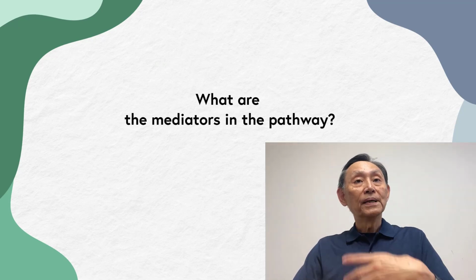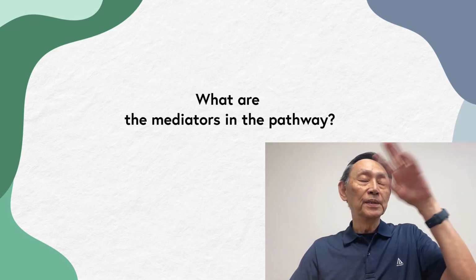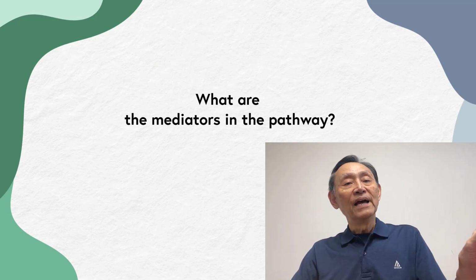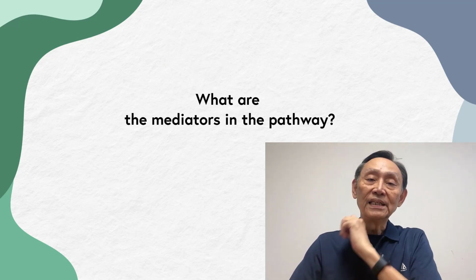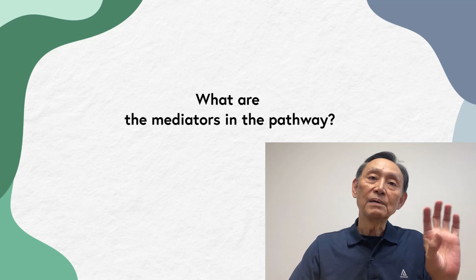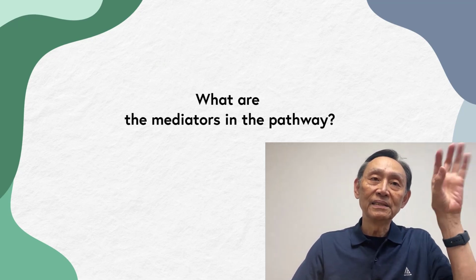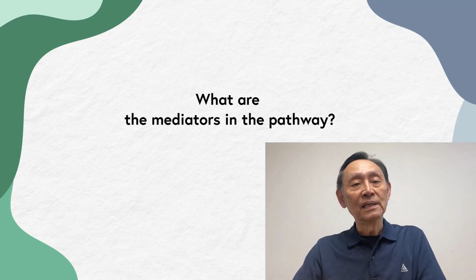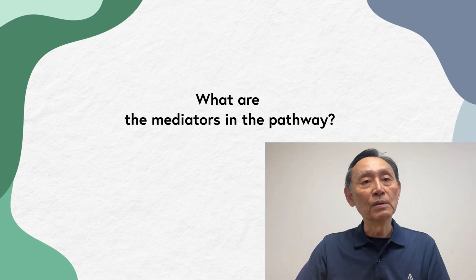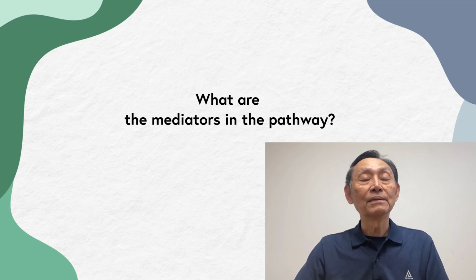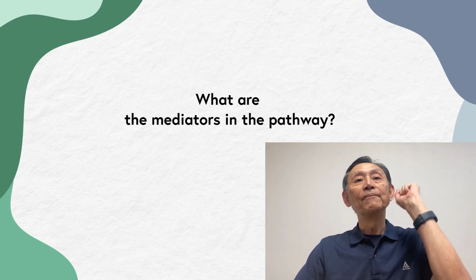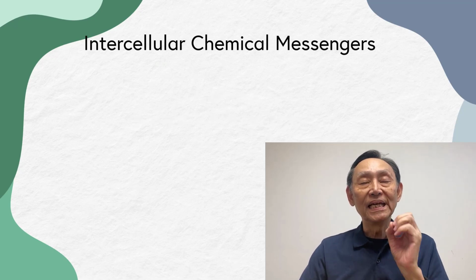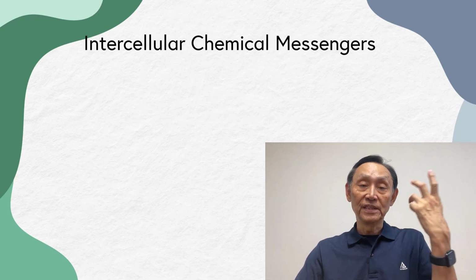And then when we talk about integrating homeostatic control systems, we just say receptor, afferent, integrating center, efferent, effector. Then we don't talk about what mediates this pathway. This pathway, of course, can be a nerve, some neurons, and sometimes it's hormone responses. There are many players we call the intercellular chemical messengers that mediate the information transfer.